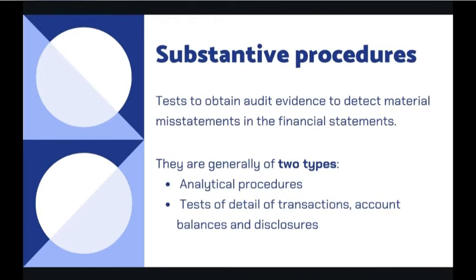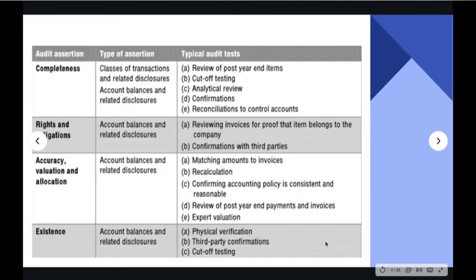So here, what is a substantive procedure? It is a test to obtain audit evidence to detect material misstatements in the financial statements. There are two types of it. First of all is analytical procedures, and second is tests of detail of transactions, account balances and disclosures. So here the types of substantive tests carried out to obtain evidence about various financial statement assertions are outlined